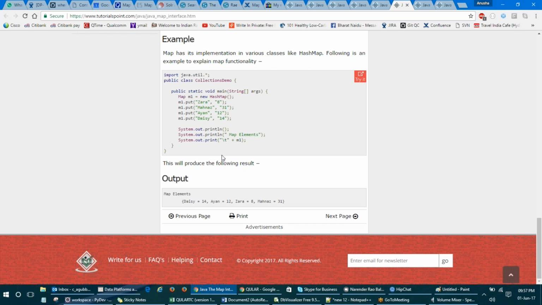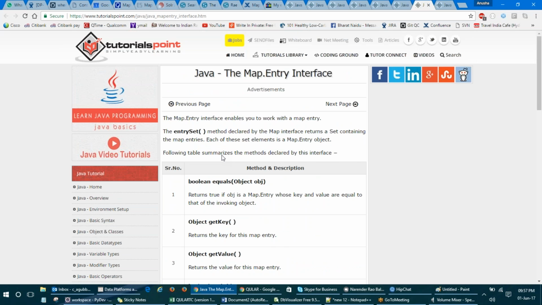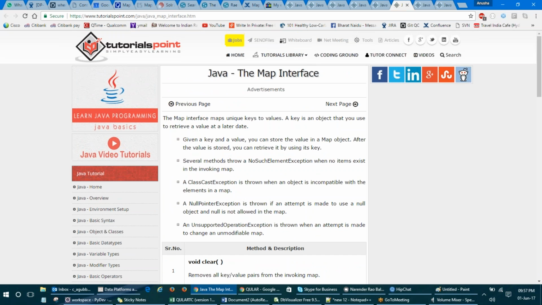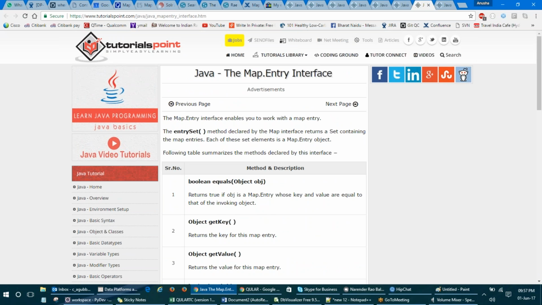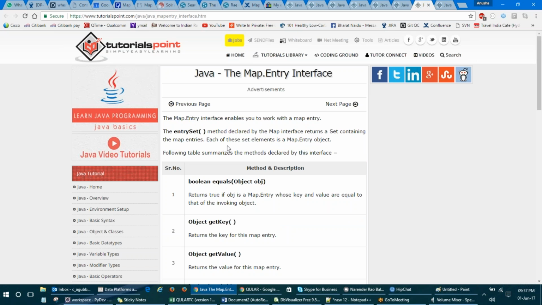After having maps, we have already looked into enumeration, which is one type. Then we have this map entry. Every key-value pair is called an entry in a map. So if you want to work with each of the entries or all the entries together, you want to get a list of keys or a list of values, we work with map entries. We have getKey, getValue,